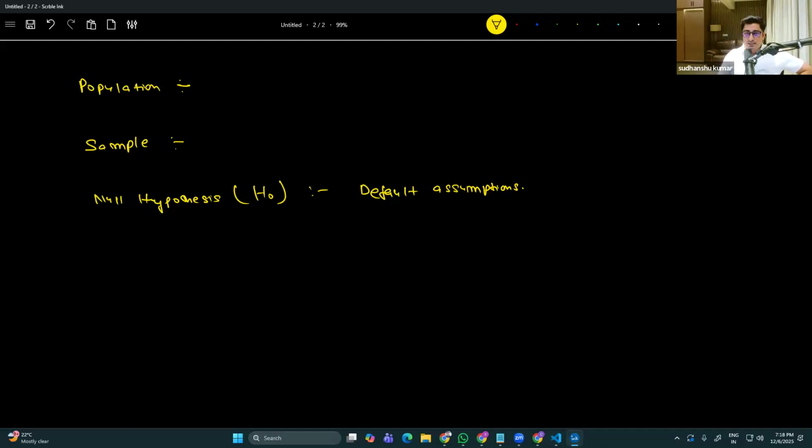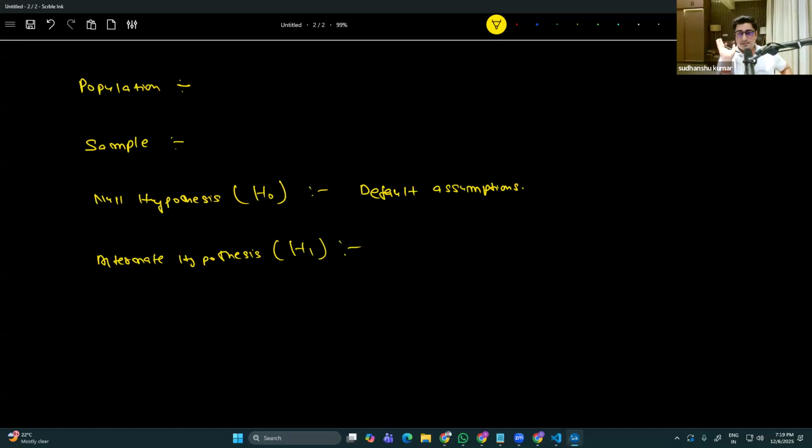Now there is something just opposite to this, called the alternate hypothesis, and we can denote it by using H1. It's nothing but just the opposite of the assumption. Whatever we want to prove, let's suppose I'm trying to prove that no, chips packet weight is not 50 gram, it's 45 gram, or maybe lesser than 50 gram or more than 50 gram. That is something that I'm trying to prove, and that will become my alternate hypothesis